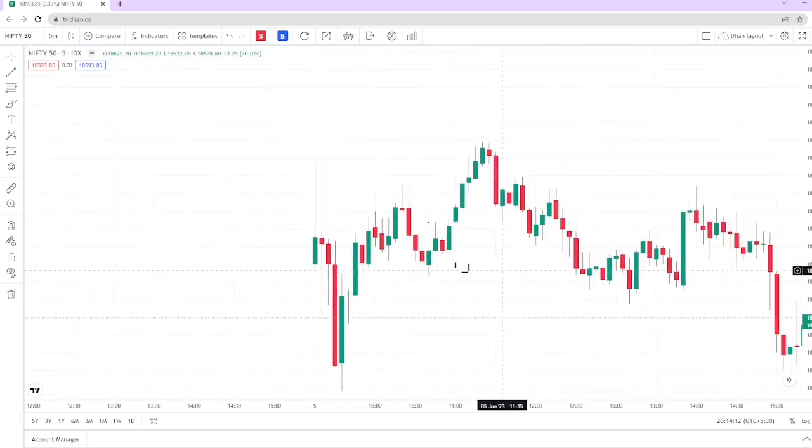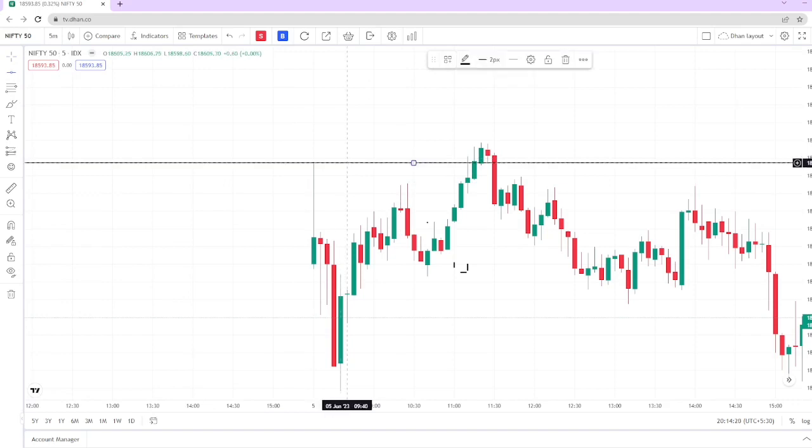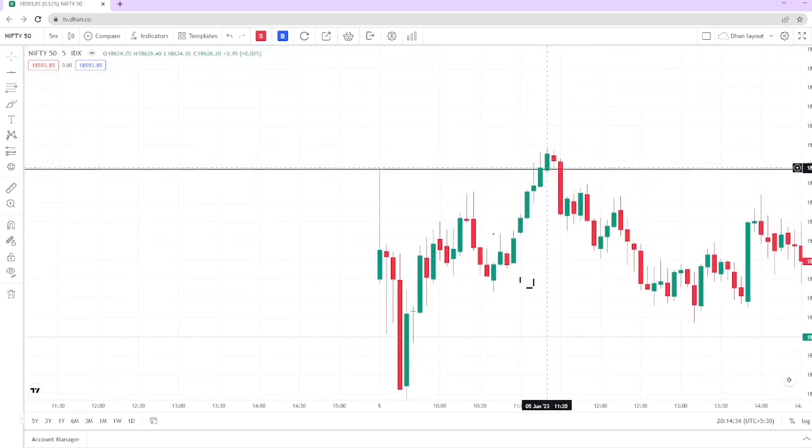So traders, that market gave a rally on the upside. I will mark this level here, so we know that the day high of any day acts as strong resistance. And traders, as intraday players, we also have to look for traps. Like in this case, the market just broke the day high, and then one green candle, and the next candle, if you see here, it is a